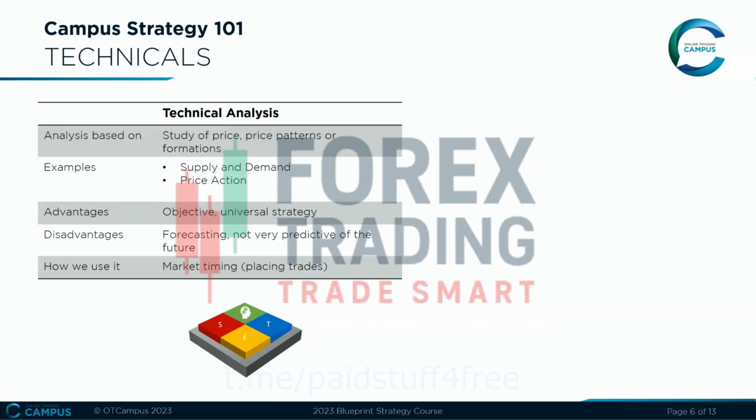Technical analysis is most widely used by traders today. Supply and demand is a technical analysis because it is based on price and chart patterns or formations. Technical analysis could also be based on volume or moving averages. Now, these would be very outdated and bad examples, in my opinion, of analyzing price because they're more